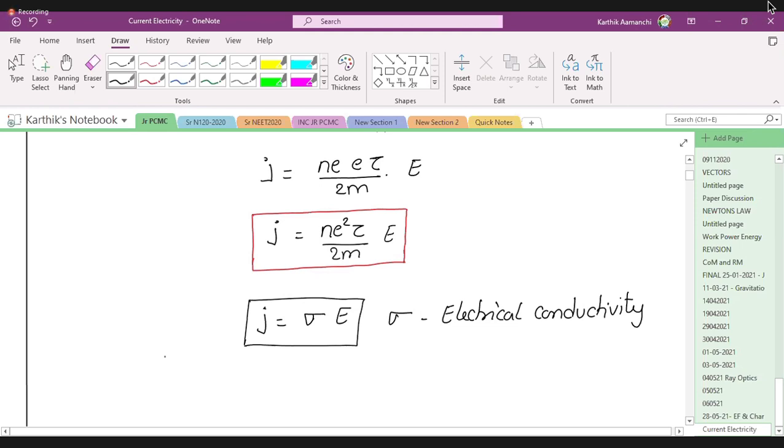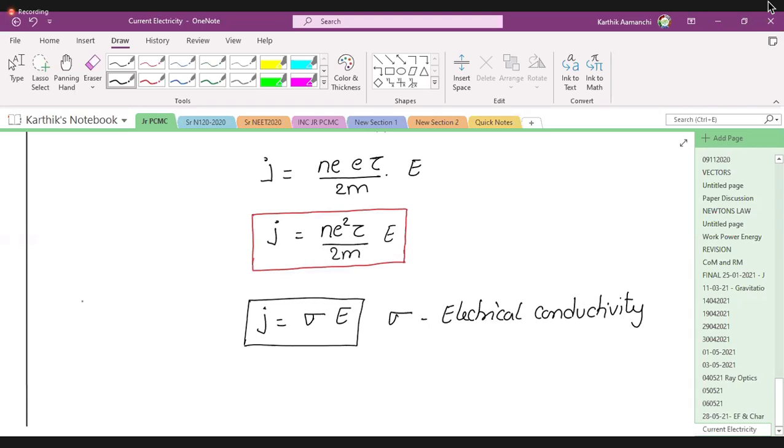Now we will enter into something called Ohm's law from here only. If you want to get Ohm's law, it's not simply that at a given temperature the voltage applied is directly proportional to current. No. You will understand why it is. Why is it directly proportional? From here, we'll say that. Clear?